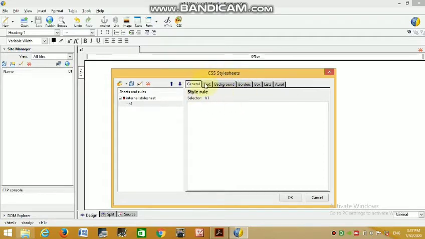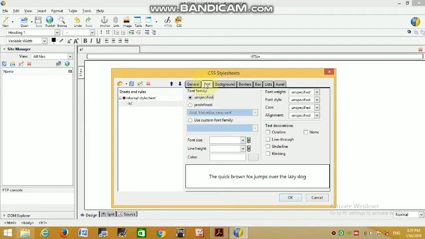There are 7 tabs in the CSS screen. The first tab is text. Okay, you can select font family, unspecified or predefined. I click on predefined. Then you can see Times New Roman, Times, Serif. You can select custom font here also, but now I select the predefined Times New Roman font.